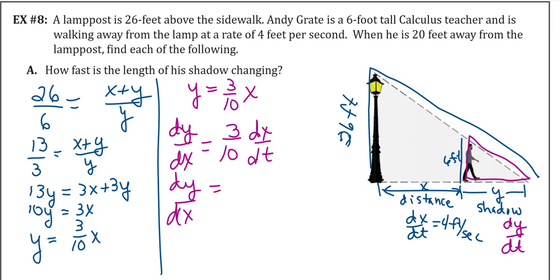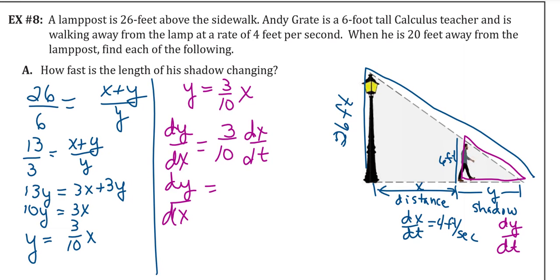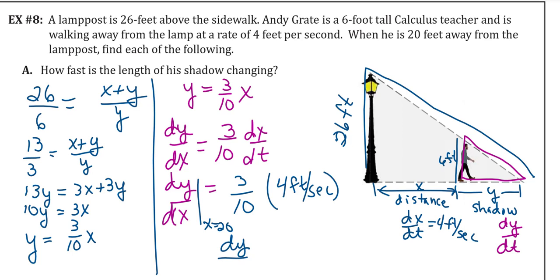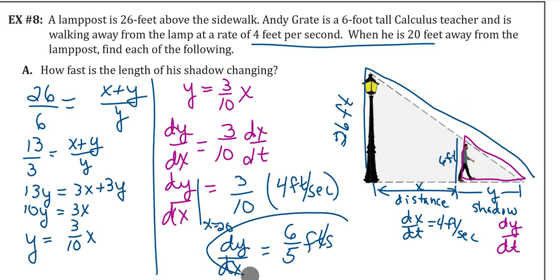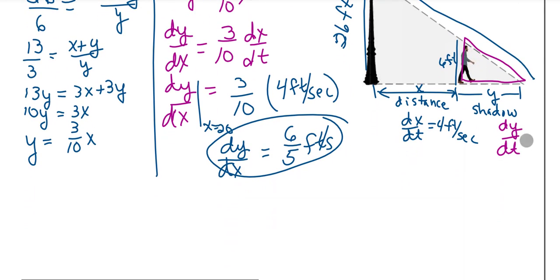So we have 3/10 times 4 feet per second. And this is being evaluated at x equals 20. Even though you don't see the 20 in the equation, it is at that moment because that's when they define the rate of change. So dy/dt is going to simplify to 6/5 feet per second. Or you could say, if you wanted to write this in a statement, which I've been kind of lazy doing here in this section,